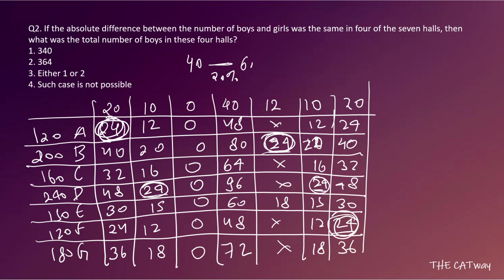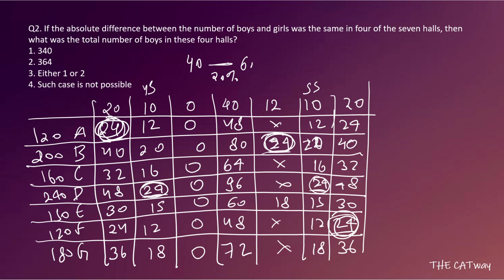So the number of boys from A would be, let's see. Because there are 2 cases, we will take both the cases. Why will we take both the cases? Because here it was 20% girls, here it was 45% girls, and here it was 55% girls. So there are 2 cases in it, and we will take both. Let's check it out.